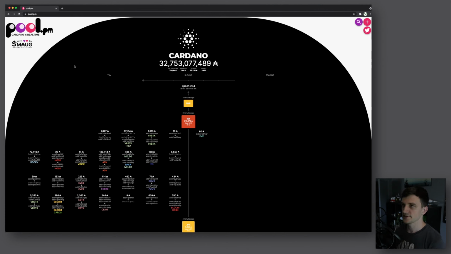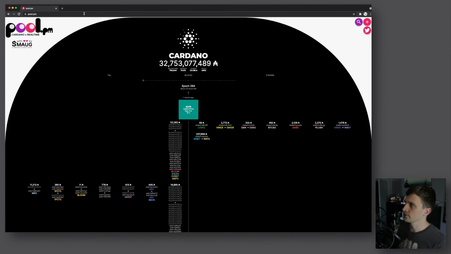So now last but not least, we can actually change the K parameter for the entire website. The K parameter is a protocol parameter that indicates the optimal amount of pools. So right now it's at 500, and the higher the K parameter is, the lower the saturation level is for the pools. So right now it's around, I think, 64 million, give or take, for a pool to be saturated. And when a pool goes over that saturation level, the delegators actually get less rewards. So currently it's 500, but we can change it to